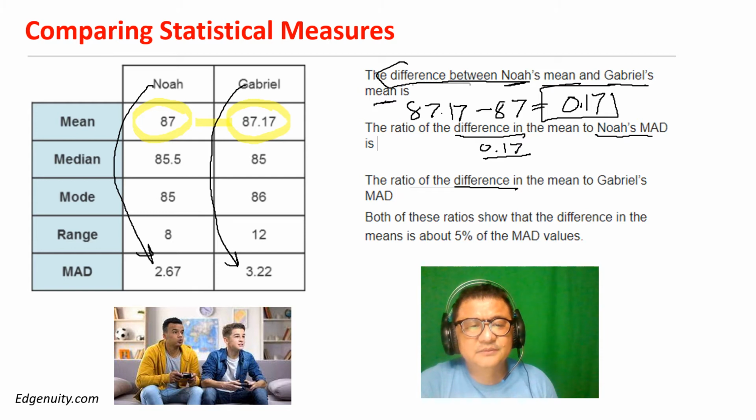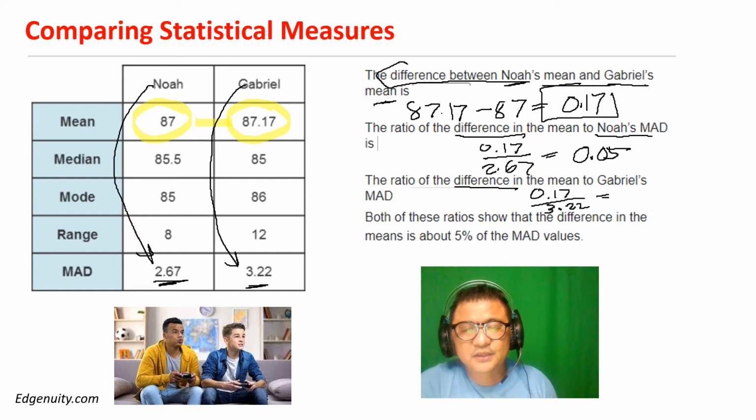0.17 divided by, what do we have? 2.67. That's 0.05. I rounded that so that it won't be a long number. Now, for Gabriel, I will use the same 0.17 divided by 3.22. Guess what? I will also get